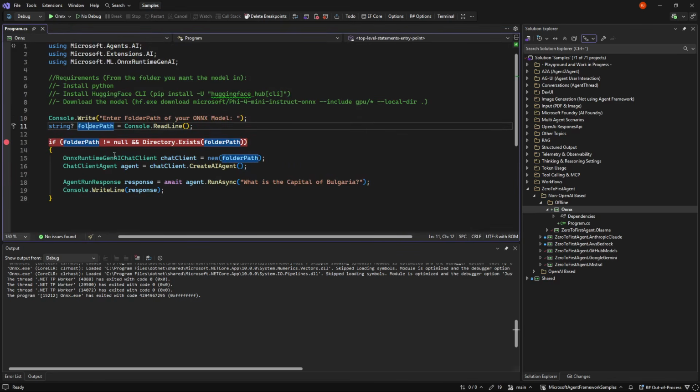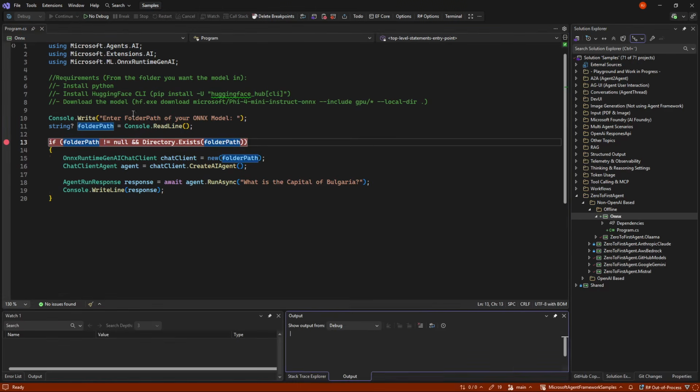So what we do is, and I want to start this at the same time because my machine is very slow, this question about what the capital of Bulgaria is will take like 40 seconds. That's not because ONNX is bad or anything, it's just because my CPU and GPU are so old as it is.